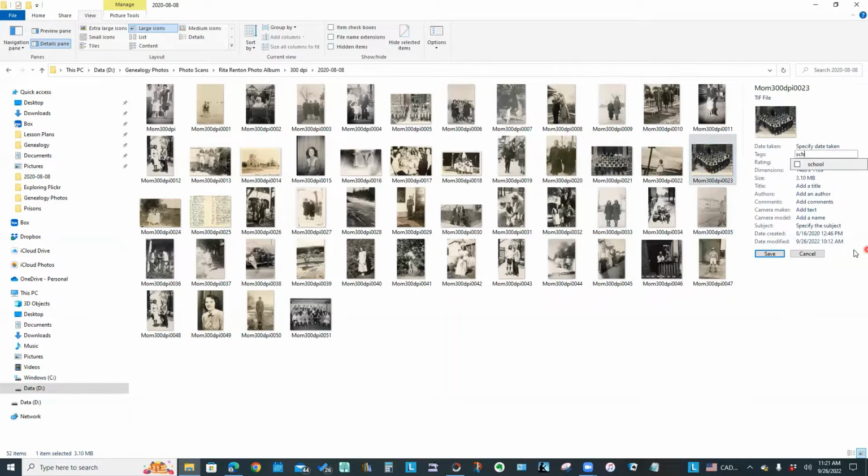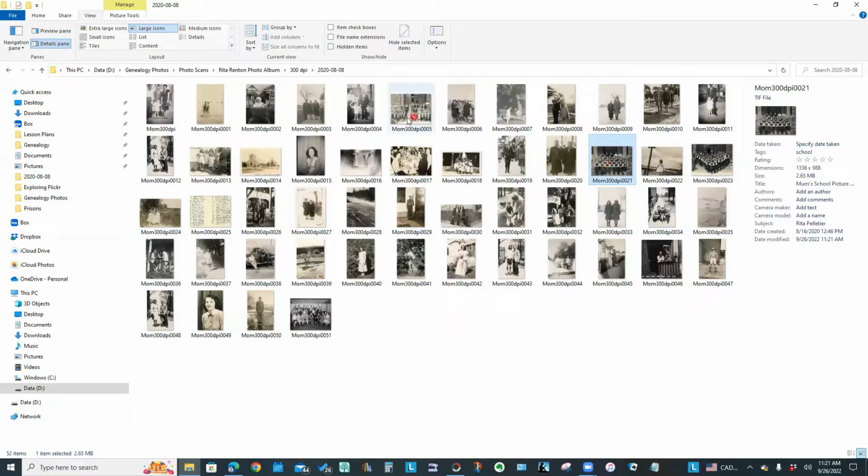I can go school for this next picture, and I'm going to put title, Mom's School Photo Grade 10, and subject, Rita Peltier, and click Save. So I've now got tags and a title and subject information typed in